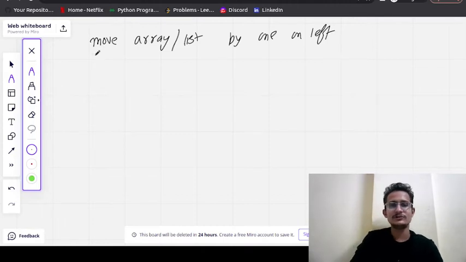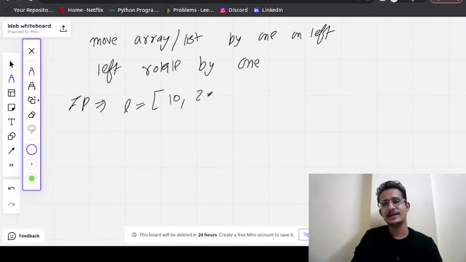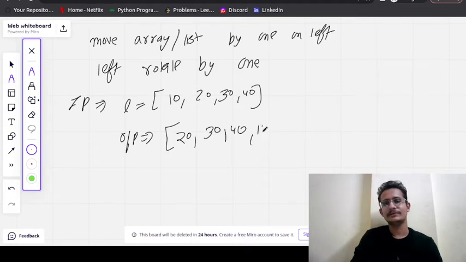We can also say this question name as left rotate by 1. So what will be given in the input? In input they will give us the list 10, 20, 30, 40, and in output what we need to return? We have to move all the elements left by 1.